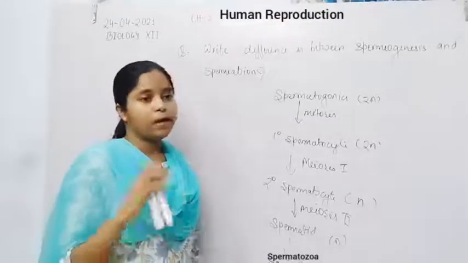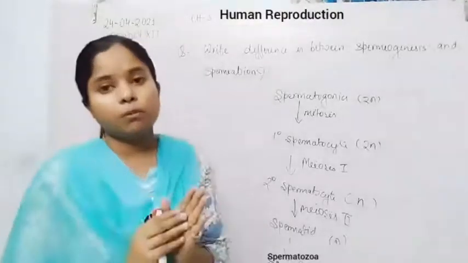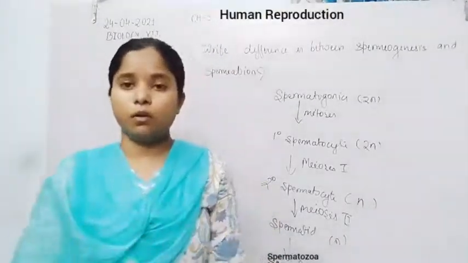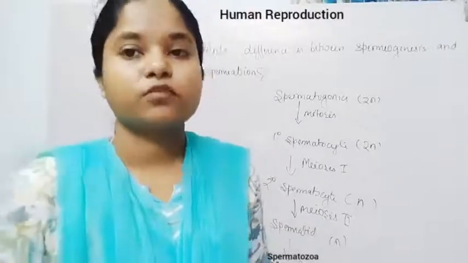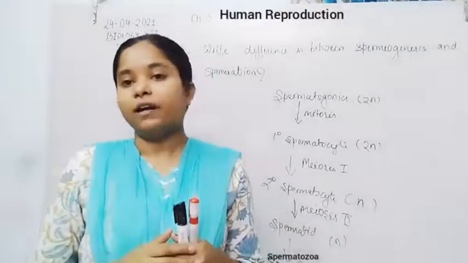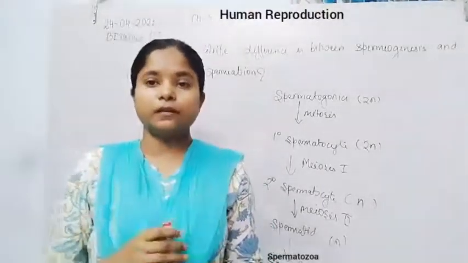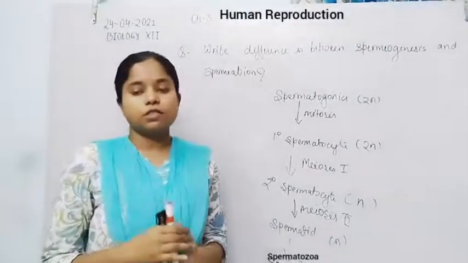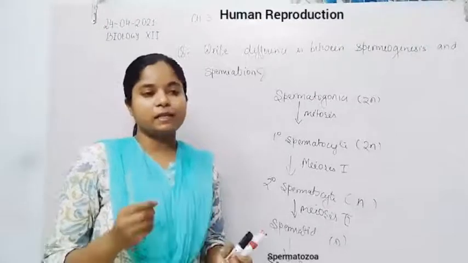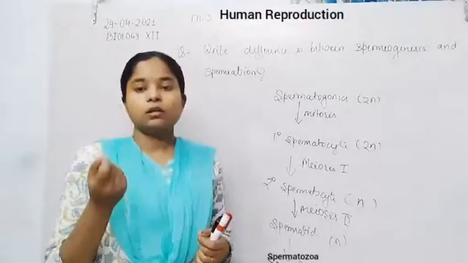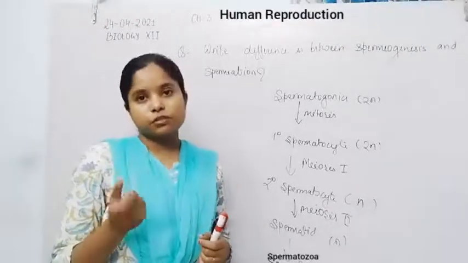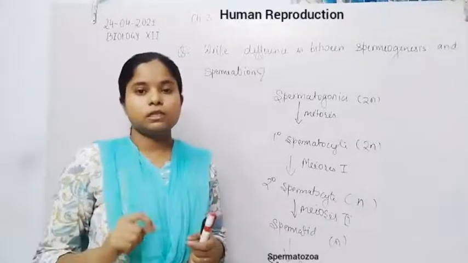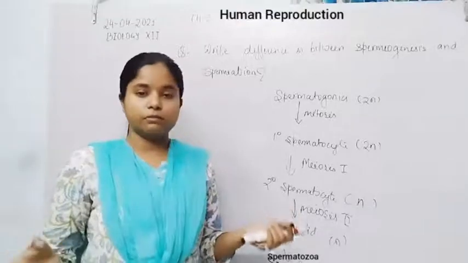So for the swimming purpose they also need a higher number of mitochondria. For energy they need a higher number of mitochondria, so that they use the ATP which is formed by the mitochondria. And second is the centriole, because if the centriole is not present, the nucleus of this cell does not undergo the cleavage process.